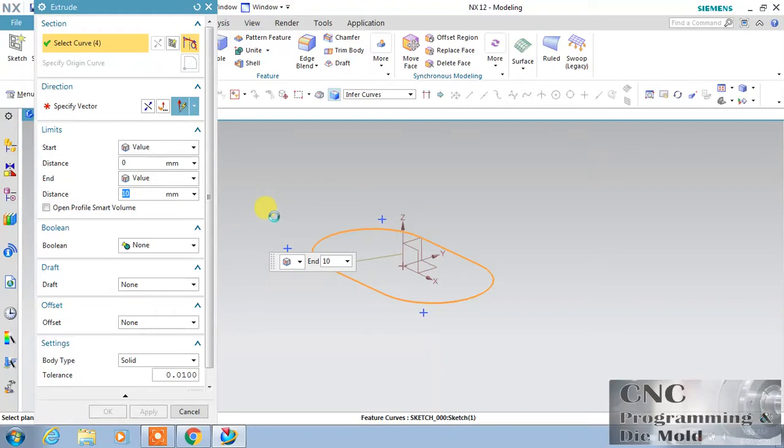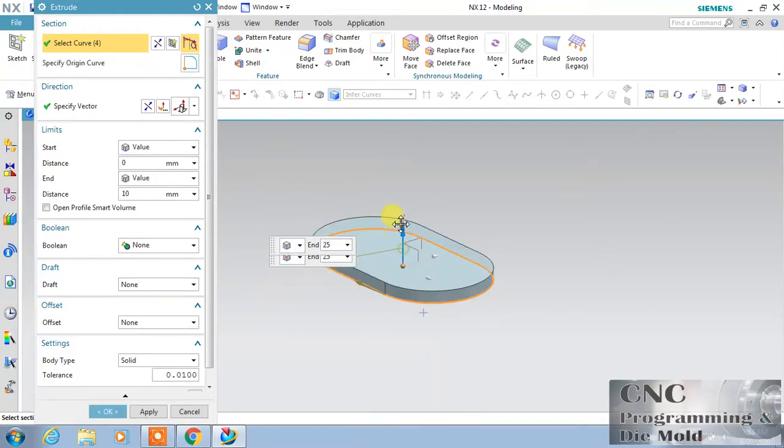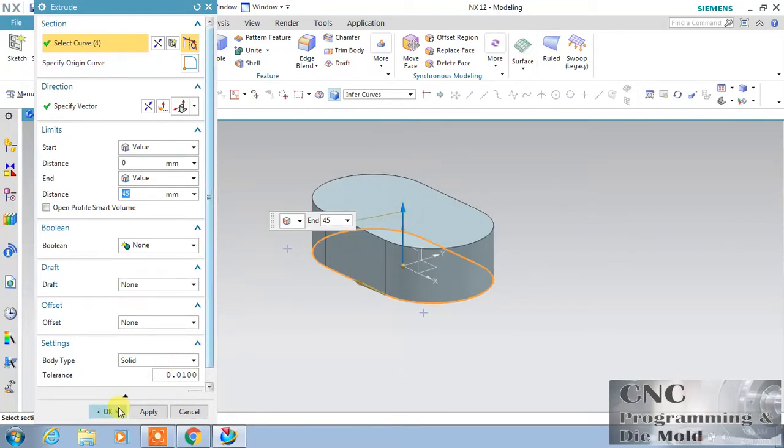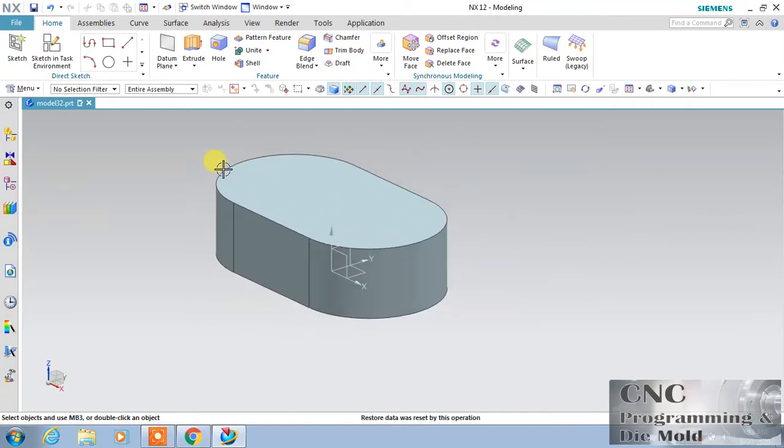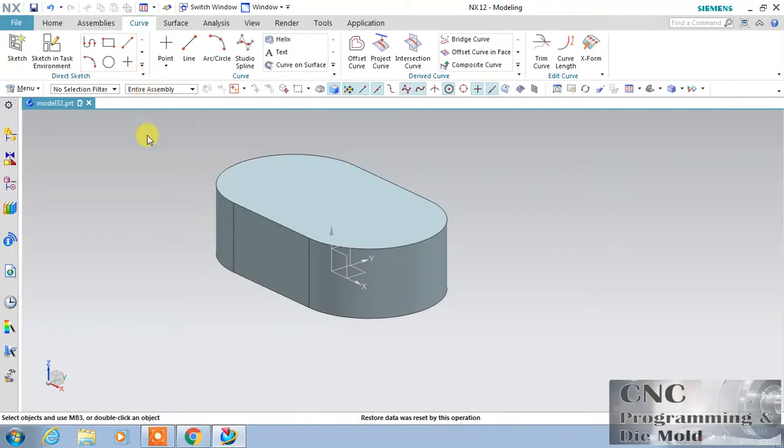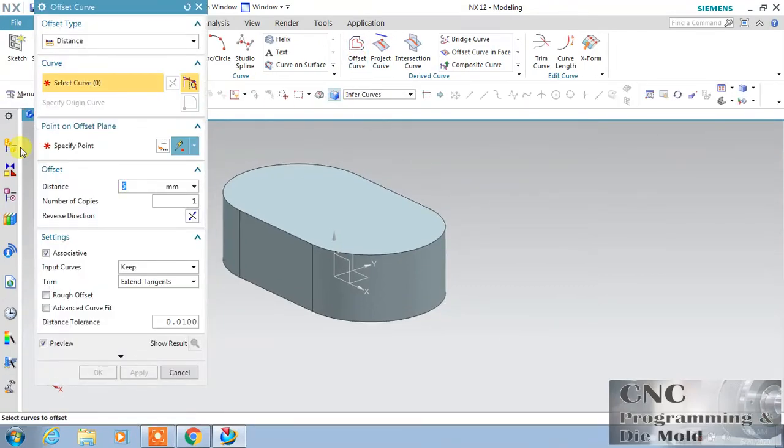So I extrude it at a certain height and click OK. Now this is my 3D object. Now I want to offset this upper curve, so go to curve, and in curve we have this offset curve. In offset curve I will choose this first option, distance. Select the curve,